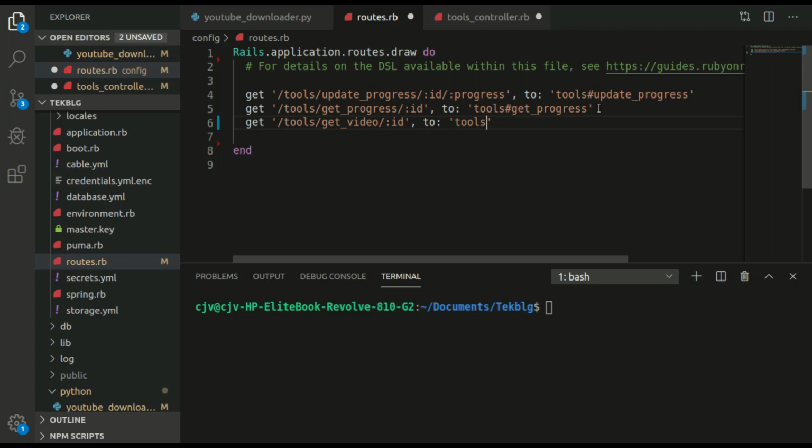Okay, get video. And the last one is going to be the download. We're going to do this as a GET request as well. So get tools download, I guess we should call it download YouTube. We're not downloading all of YouTube. And then a URL parameter, and it's going to route to